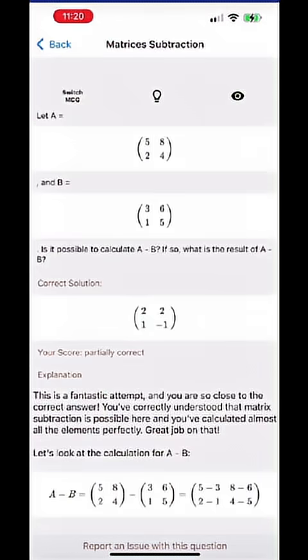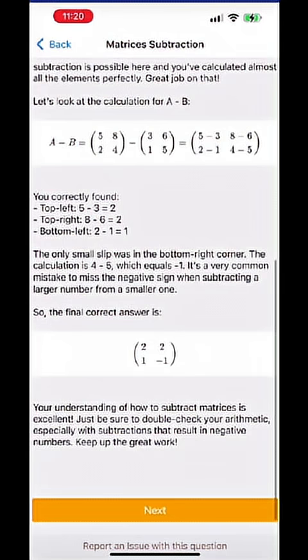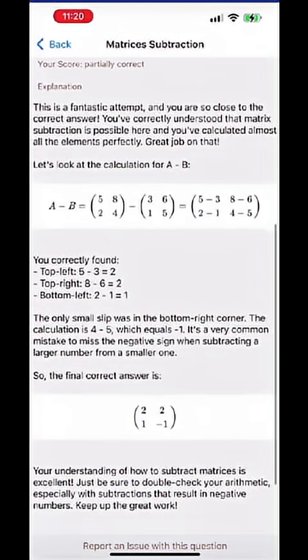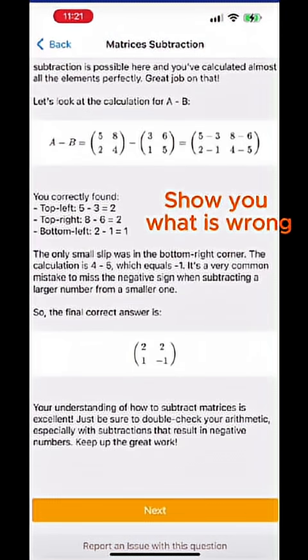Well, here they tell you the correct answer should be 2, 2, 1, minus 1. And then they figure out that on the bottom right corner, it's supposed to be minus 1, but you gave the wrong answer. And they tell you it's